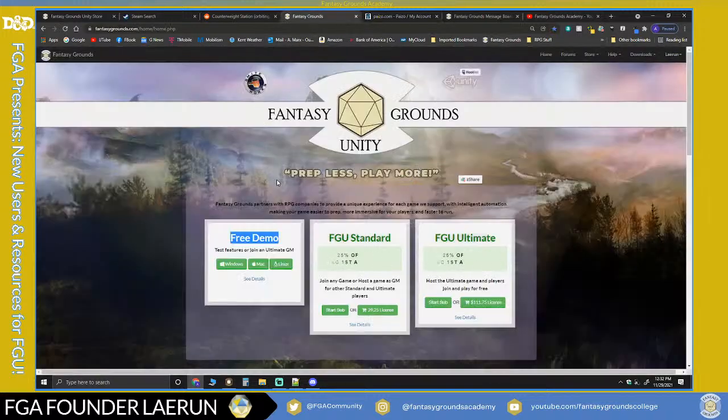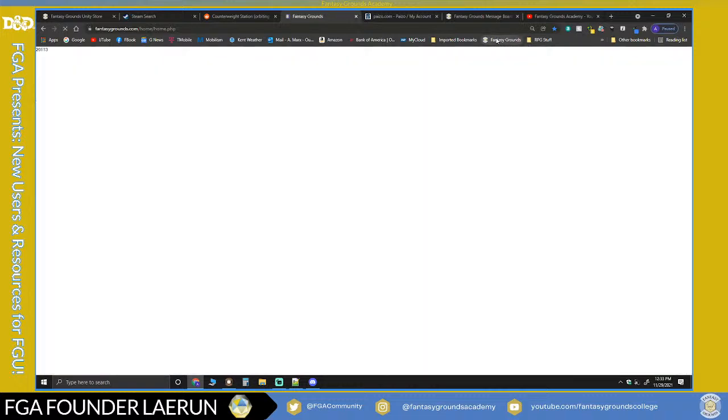One thing that I've done, and I know many users have done this, is every once in a while you'll get a Humble Bundle, which allows you to basically have all the books for less than $50, and then you synchronize those with the Paizo account. And then from there, you can bring it into Fantasy Grounds, and you're going to save a ton of money because you're going to get the difference of the PDF minus the cost of the module.